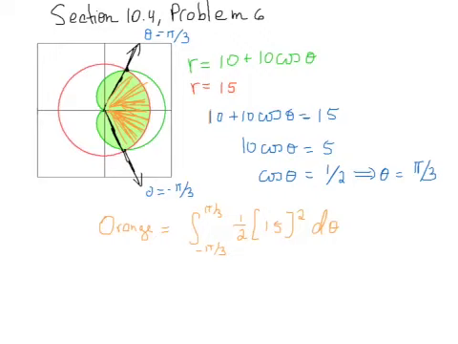Okay. Now, to get the other parts of that shaded region, the boundary of those parts is on